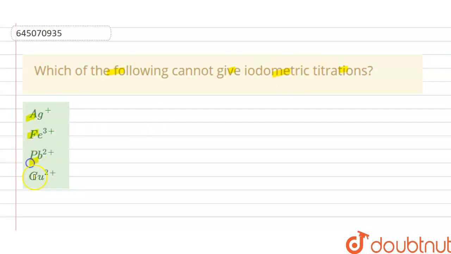Hello students, today our question is: which of the following cannot give iodometric titrations? Ag+, Fe3+, Pb2+, Cu2+. So we have to choose the correct option. So the solution of this question is, we know that